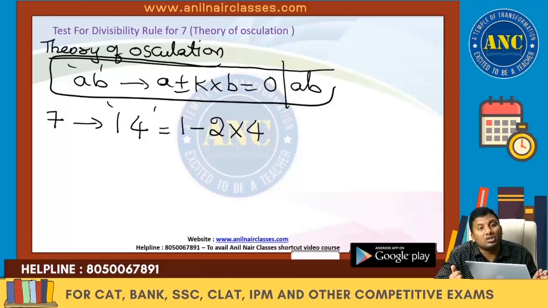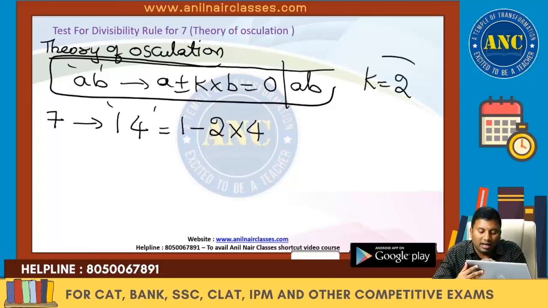What is 1 minus 2 into 4? 1 minus 2 into 4 is minus 7. Is minus 7 divisible by 7? Yes. That means what is the k value we got here? The k value we got here is 2. How does it help? Suppose, for example,